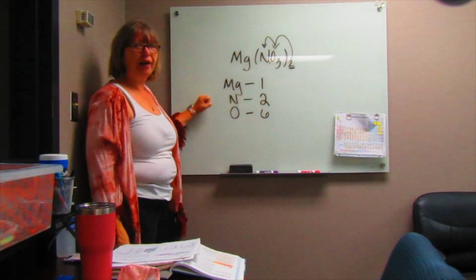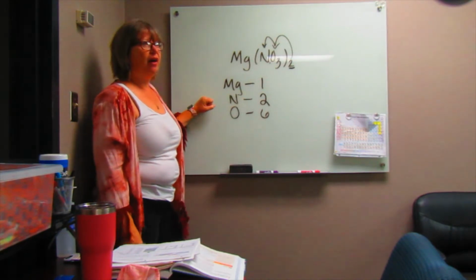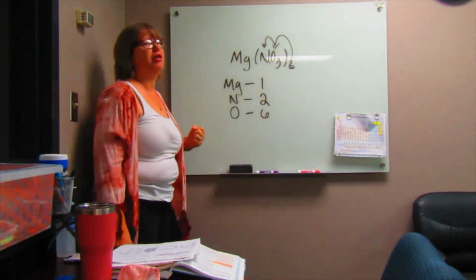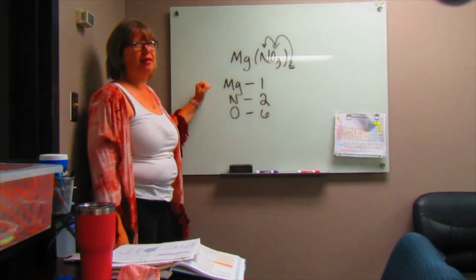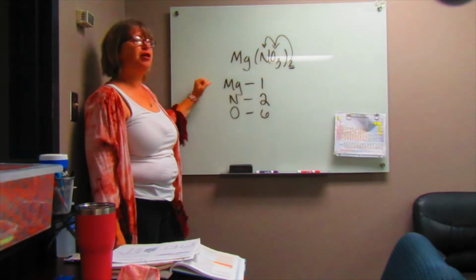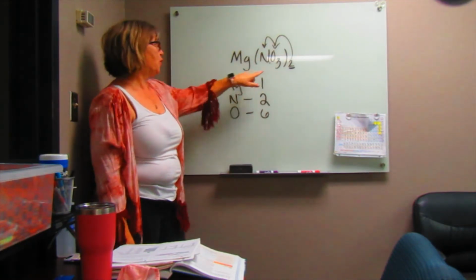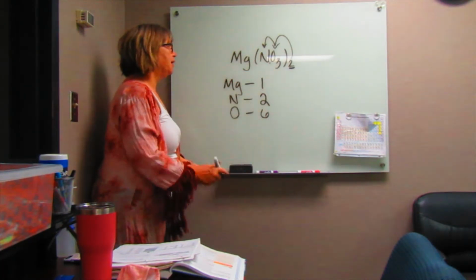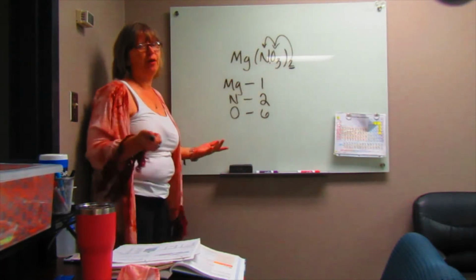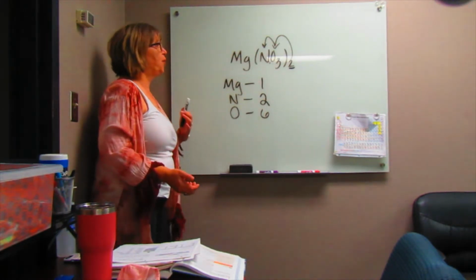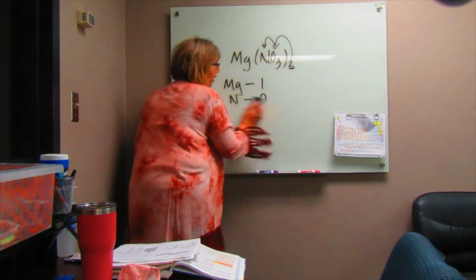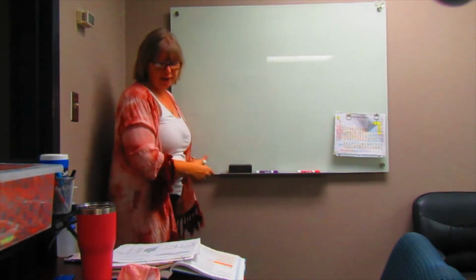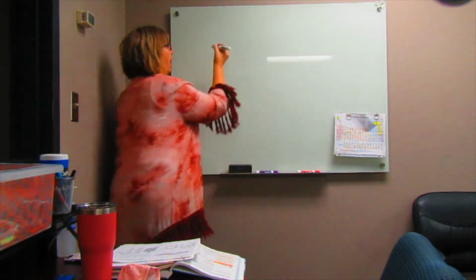This is very important, guys, as we move forward, and we're going to be balancing chemical equations, and we need to be able to readily identify the number of atoms in each compound. Okay, so this is just an exercise to show you an example on how to do this. I'm going to put a couple of these on the board that I would like for you to work independently. So you can pause the video, come back to it later, write it down, put it in your notes, whatever you need to do, but you need to practice this, okay? So let's take a look at